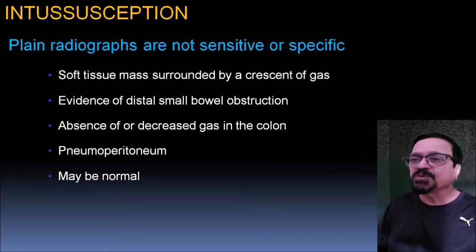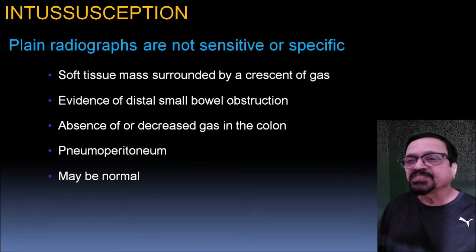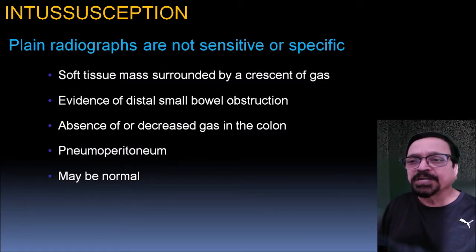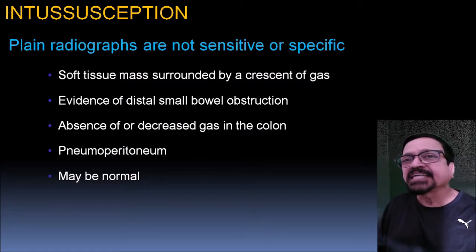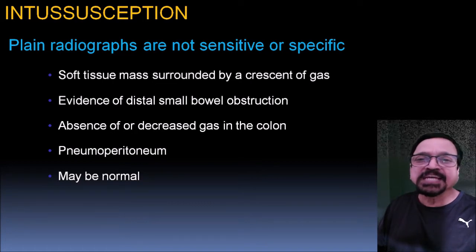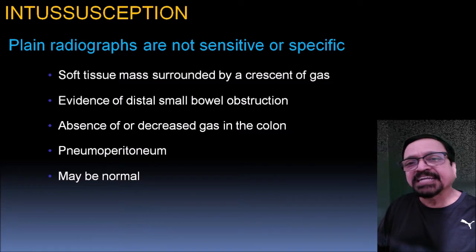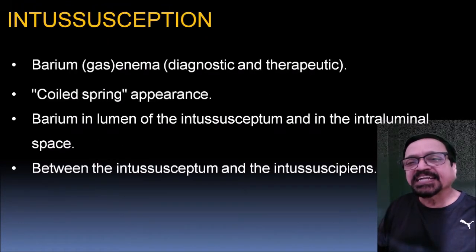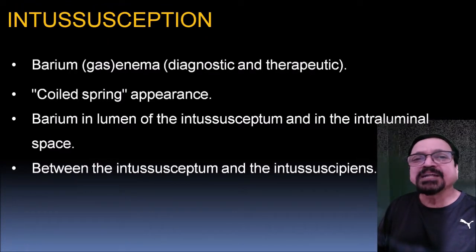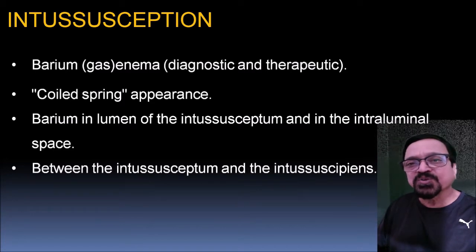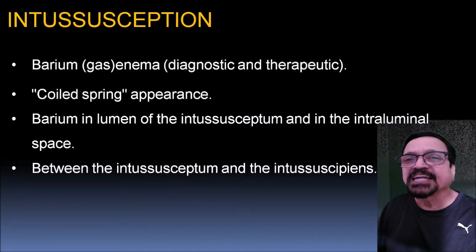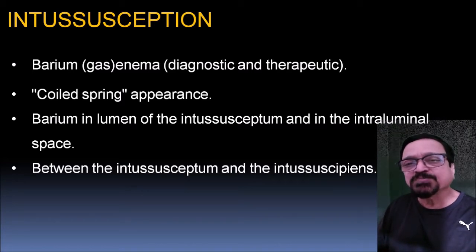Then absence of discrete gas in the colon, then the pneumoperitoneum, and X-ray may be normal, which is in most of the cases what we have observed. X-rays were normal, maybe because they were detected by clinicians early, we had detected them on ultrasound early, but before doing the ultrasound procedure also we have to go for a scout film to know the perforation. Now what was that was incidentally we have just spoken, not from this topic.